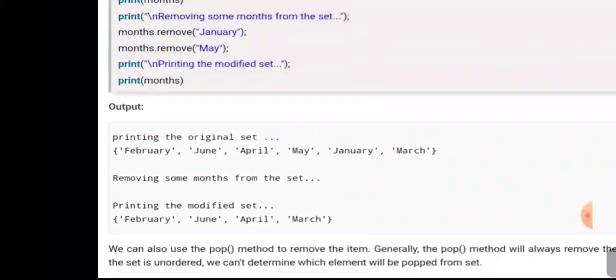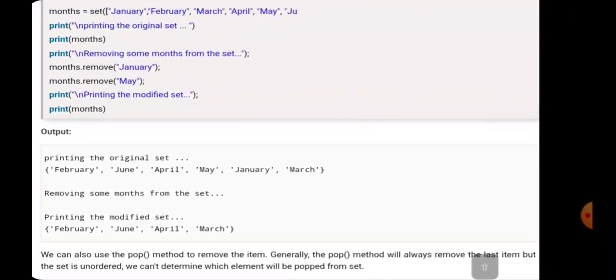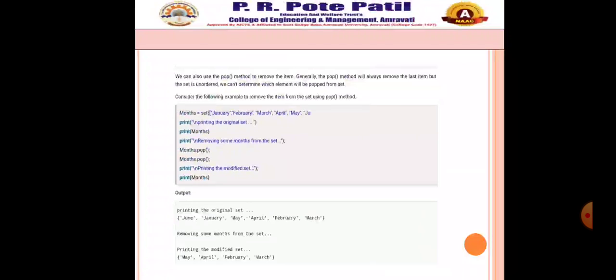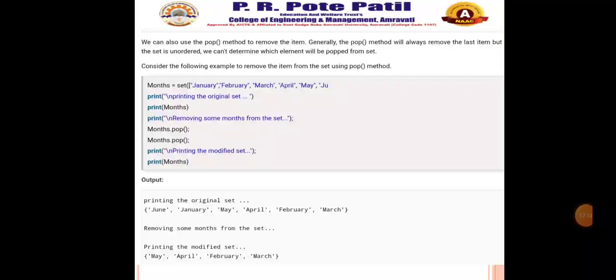So here again I am giving a note. We can also use the pop method to remove an item.